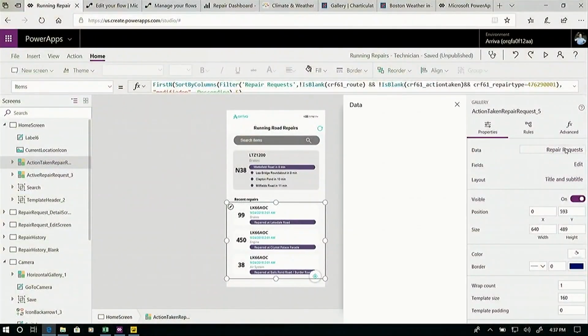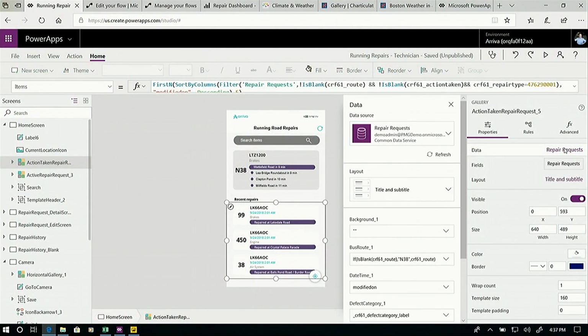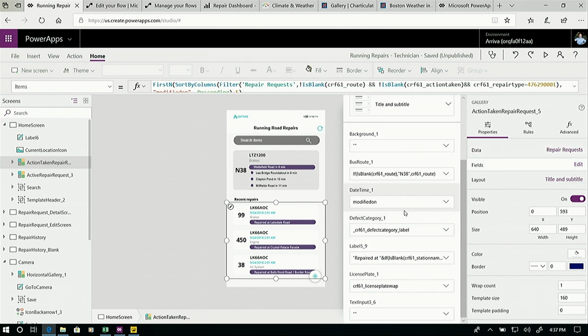And the way I bound that data is just right inside this simple experience where I can go choose a data source. I've chosen the common data service because that's where I choose to store my information in the case of this Power App. I also have the ability to go change my field layout. It's pretty easy right here. You can see all the different information being pulled out and displayed right in that simple grid.